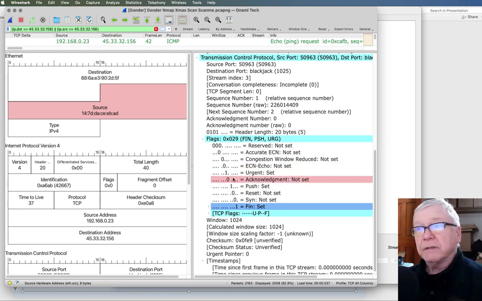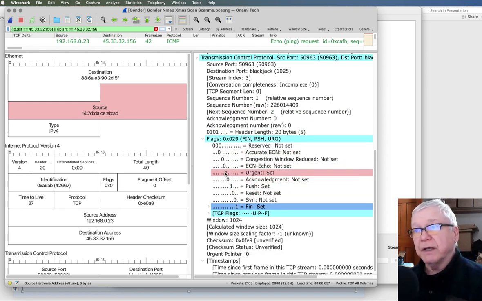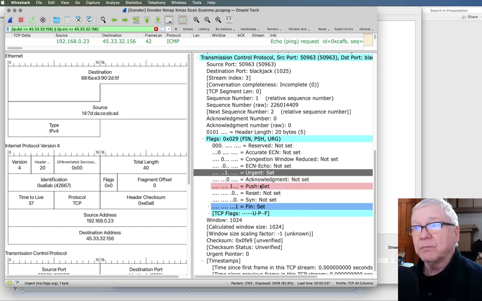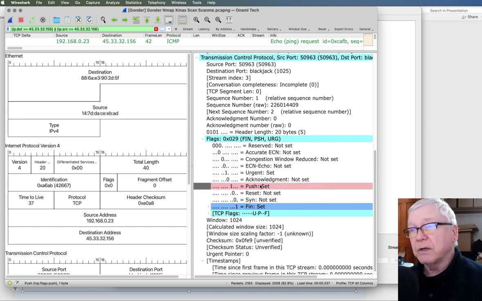Here's what we see. Christmas scan. The urgent bit is set, meaning don't wait for there to be a full bucket before you send this up to the application. Send this piece of information, as small as it might be, to the application right now. Push. Yes, push that right up to the application. But wait a minute.